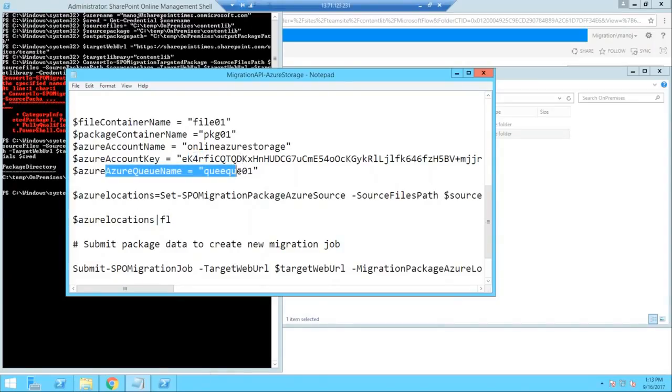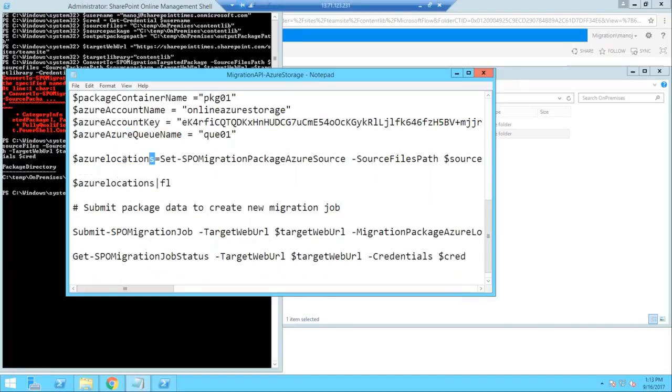And this is also the queue. It's also not required. We can just give anything. I'll just give any name, like ABC, that we can give here. Okay. So after that, this variable is required for the next command when we are going to submit the job from the queue point of view.